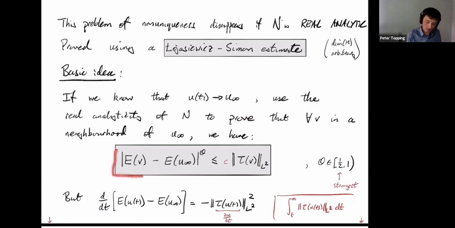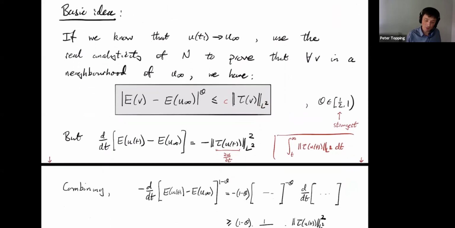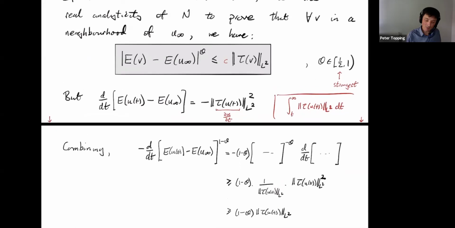Okay, so that's where this estimate here comes in, which seems to almost work the other way because the tension is being controlled from below and we're trying to get an estimate from above. But of course, as many of you know, these combine quickly to give what you want. So the easiest way to see that is to differentiate the quantity we had before, but now with a power 1 minus theta. Remember, theta is between half and 1. So just differentiate that out using just normal calculus.